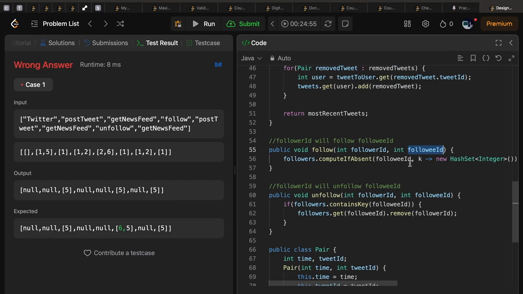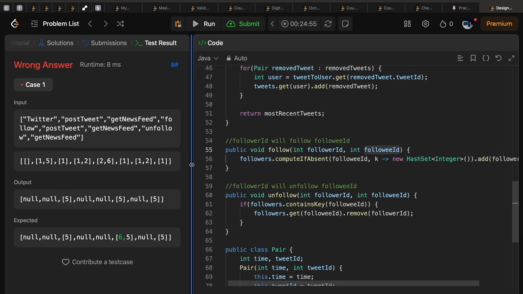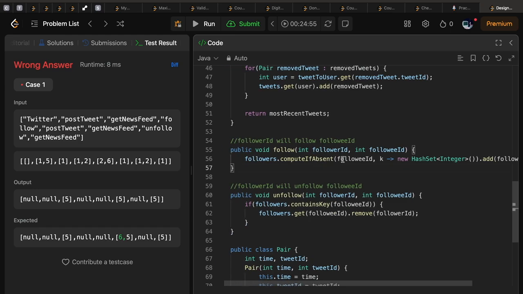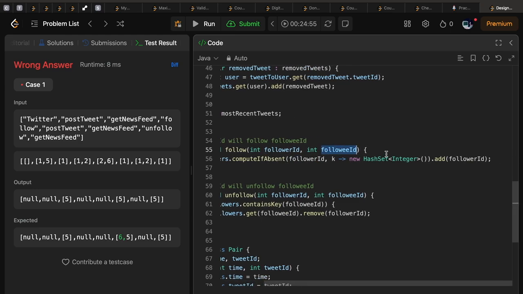Okay, means one started to follow 2. These are 2's followers, but we need the list of whom one is following. I think we need to reverse this, means one started to follow 2. Okay,